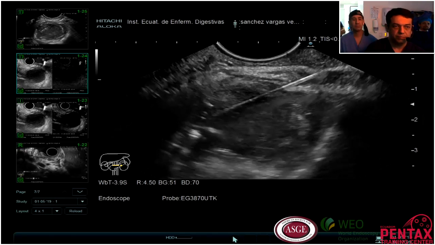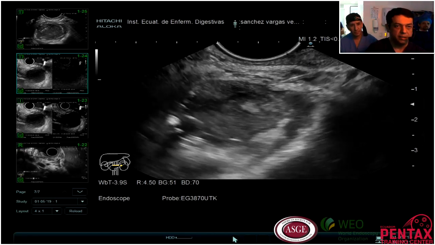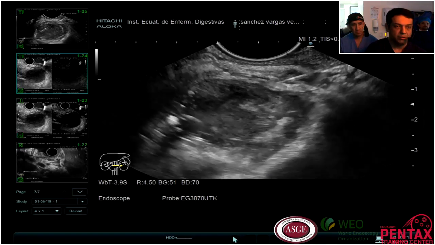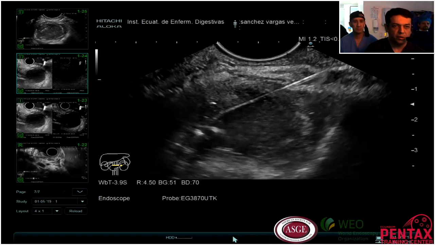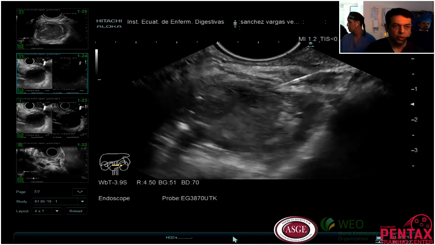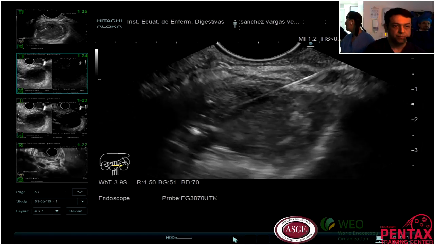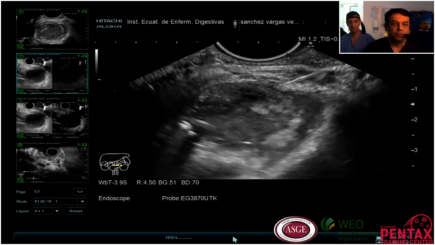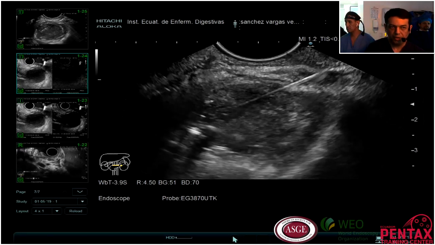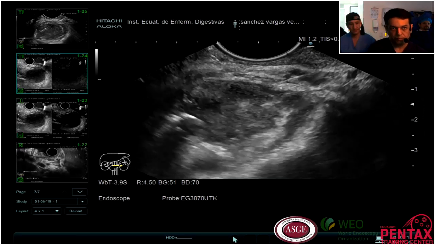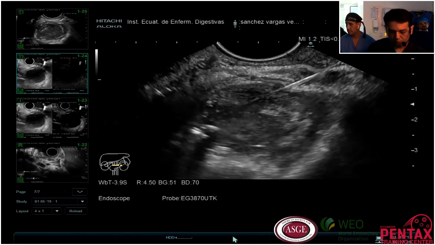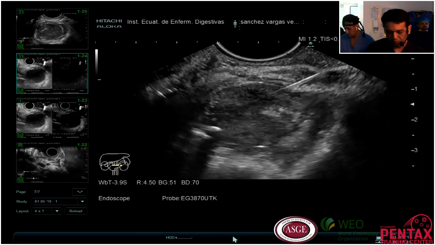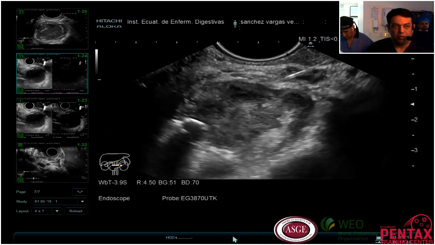I already saw that there are not any vessels in the triangle, so we are sure that we can do a good drainage. So this is one of the ways to use the hot access. If you see all the cases that we have, in some cases we do not use it. So we will have some cases of access drainage Saturday. So I invite you to come to our live congress.